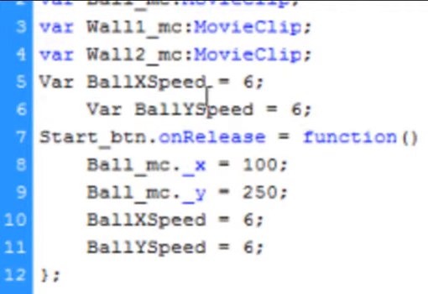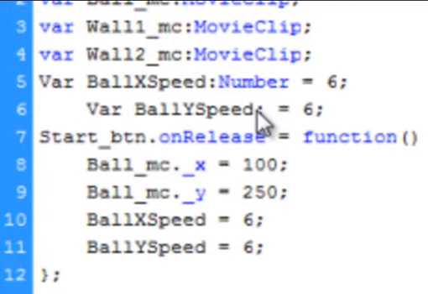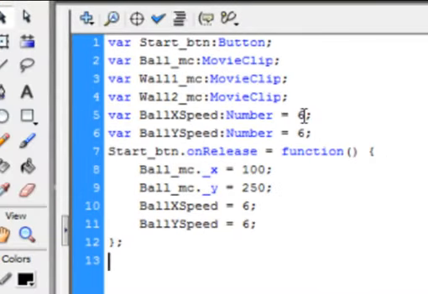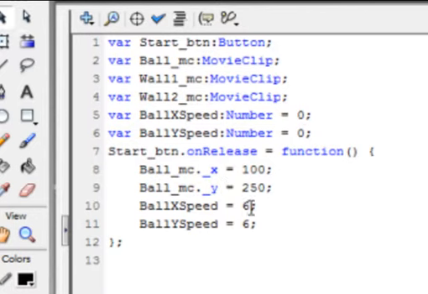VAR, and a colon, and that's a number, NUMBER, and this one's a number, colon, capital NUMBER, and my vars shouldn't have a capital V. That's why they're not blue. I'm formatting, and normally we would put these at 0 to start with. 0, 0. At this time, it's not going to do any more than just put that ball on the stage